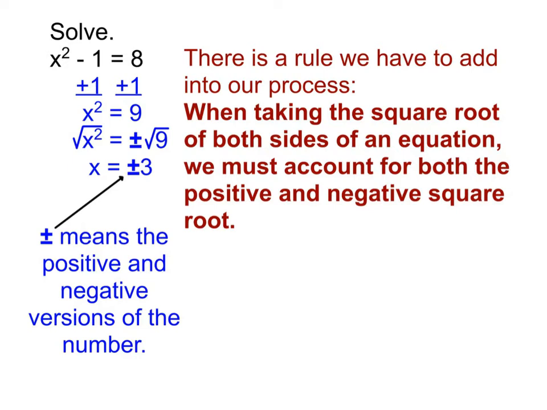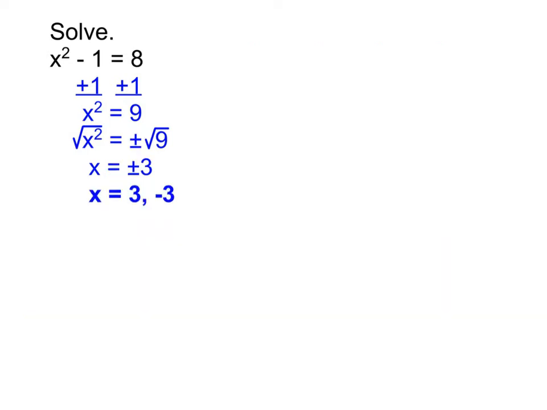And so we got that plus or minus in front of the 3 here, which means that x equals 3 and negative 3, both. And so this is our actual final solution. So it's fairly straightforward, except for this one little wrinkle that we do need to remember as we go, where